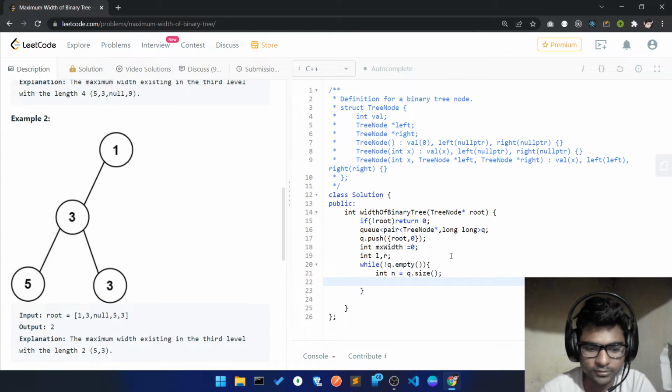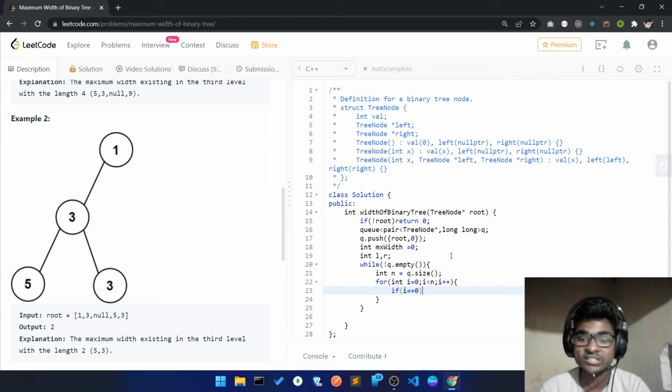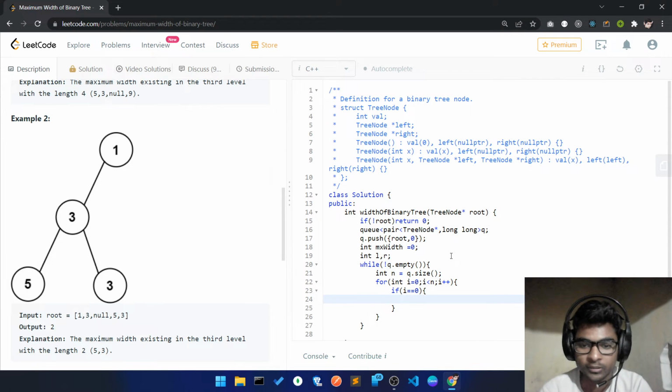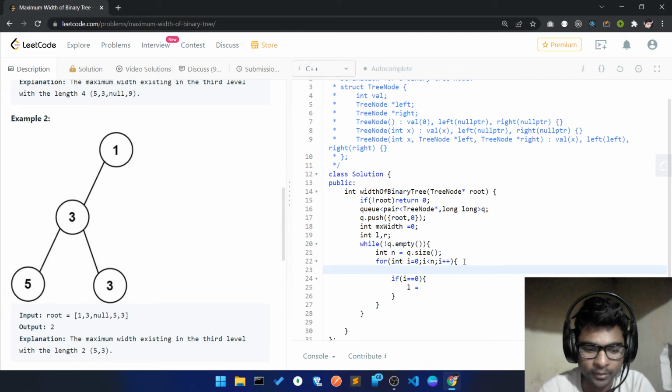But let's go with i equal to 0, i less than n, i plus plus. If my i is equal to 0, what does that mean? It means it's the leftmost element. In that case, if it is the leftmost, I have to initialize my l to this. But for doing this, I have to make a tree